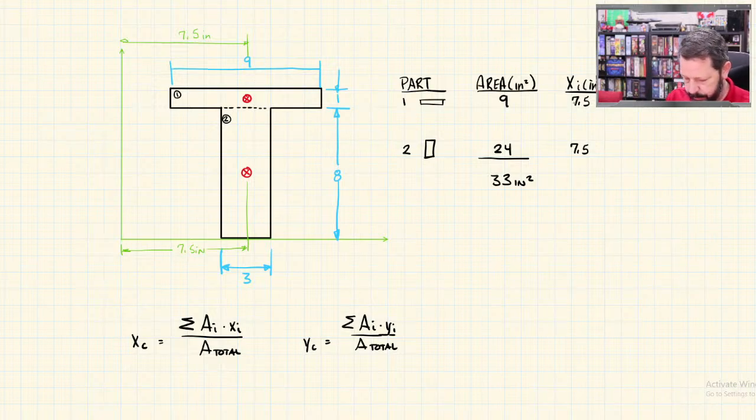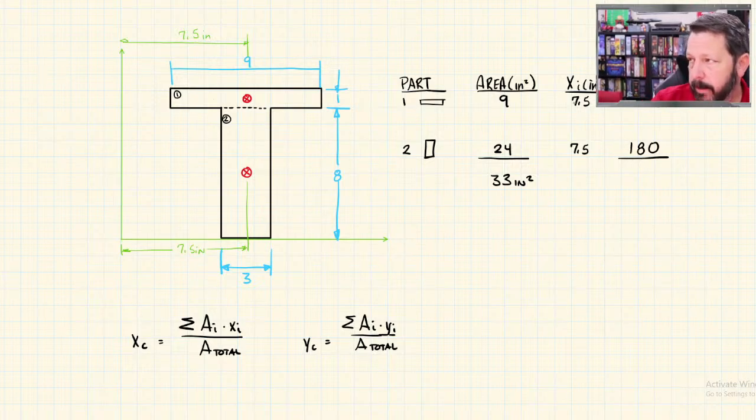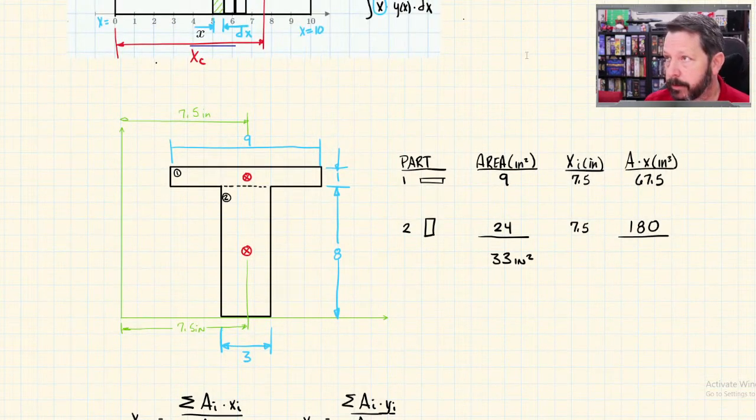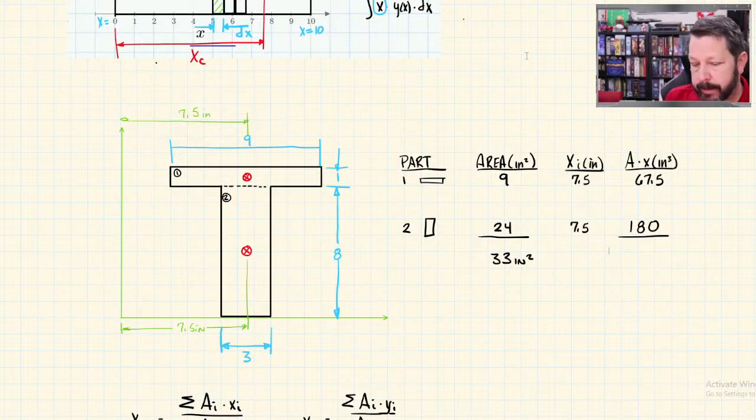All right, we're going to do phone calculator. So we've got 9 times 7.5, 67.5. 24 times 7.5, 180. If I add this column, it's almost under my picture there, isn't it? So let me scroll it down. There we go. If I add this column, then that will be the summation of a times x. So 180 plus 67.5 is